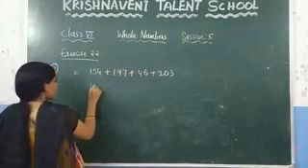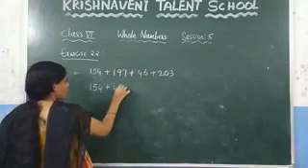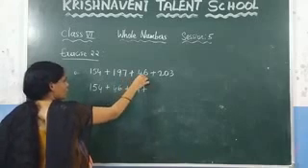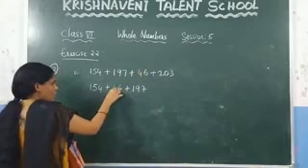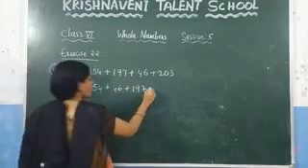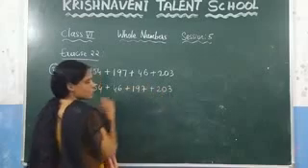So write here 154. Just change this order. Write here 46 plus 197. Here 197 plus 46 was there, and I have written 46 plus 197 by using the commutative property. Now what is the number left out? 203. Again here you can observe that 7 plus 3 is 10.